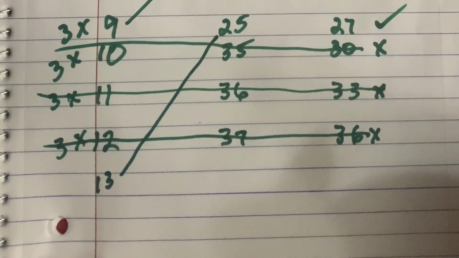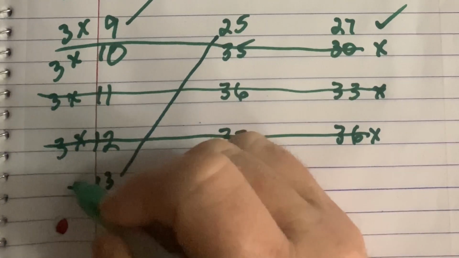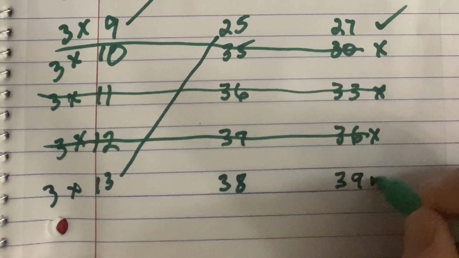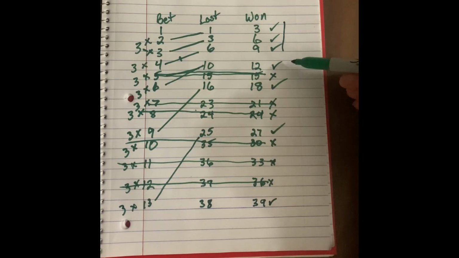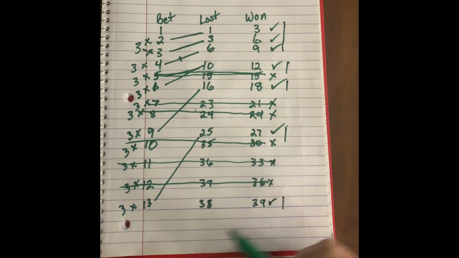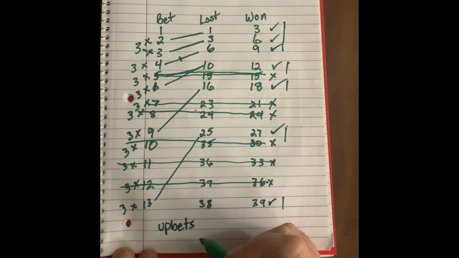All right, so 13 and 25, there you go, it's 38. 13 times 3 is 39. And there we have it, we have an up bet. So here, see our check marks. There you go. That means the up bets for playing one dozen of the dozens